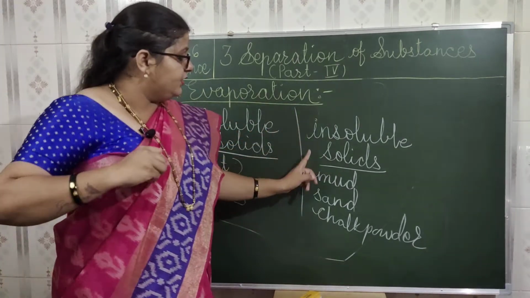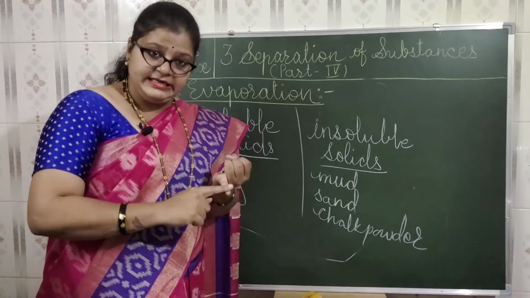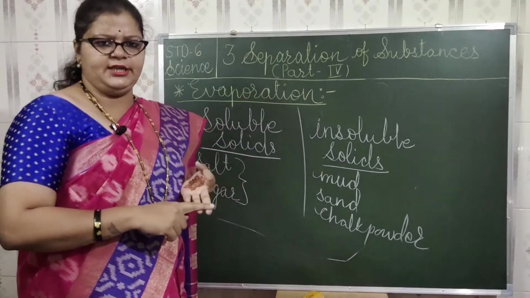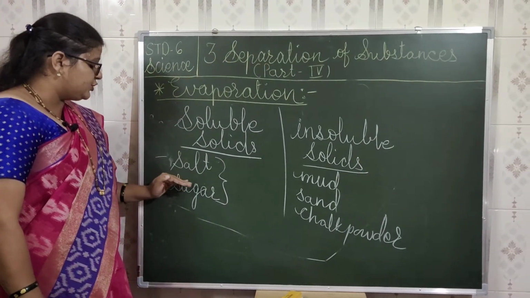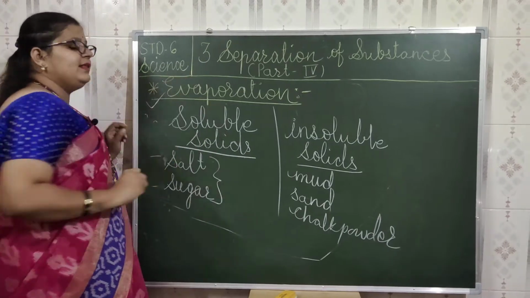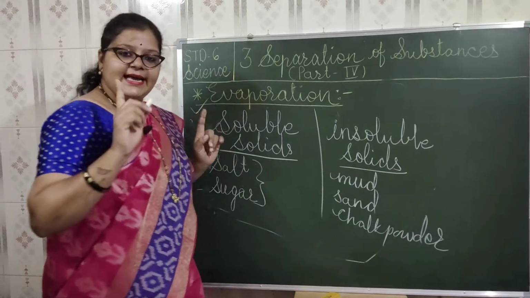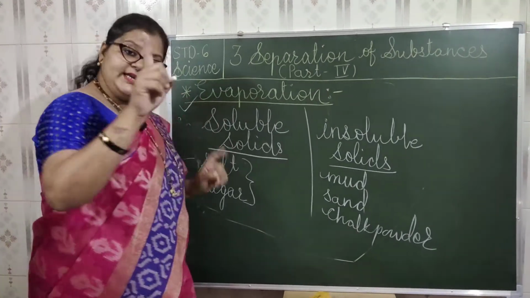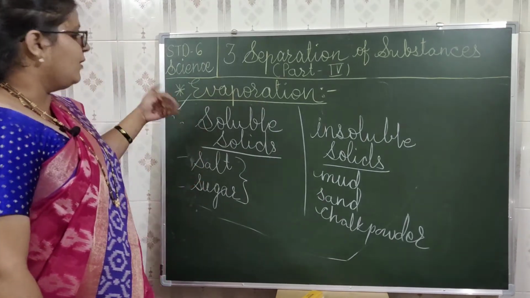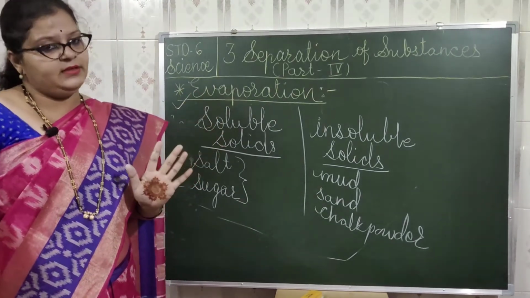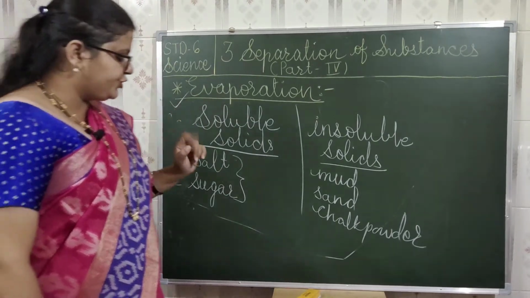So that is why, to separate insoluble substances, we make use of methods of separation like sedimentation, decantation, filtration, etc. And in case of soluble solids like salt and sugar, we make use of the method called evaporation, and the one more which we are going to see is condensation. Is that understood? How the salt is obtained from the seawater, that we have seen. Also, how can we separate salt from the seawater, that also we have seen. Is that understood about evaporation?